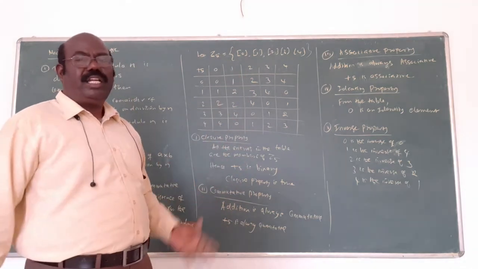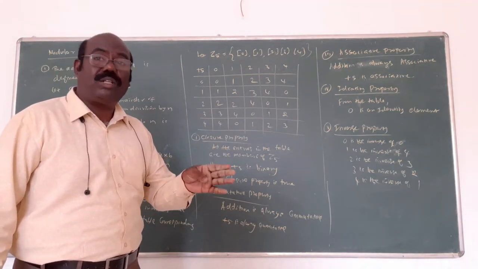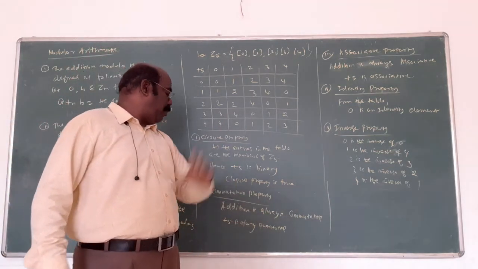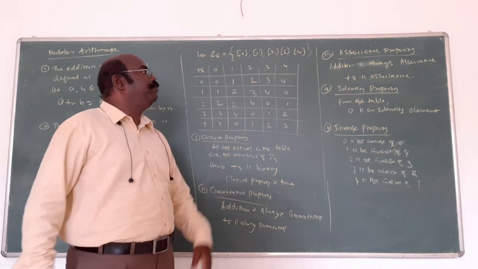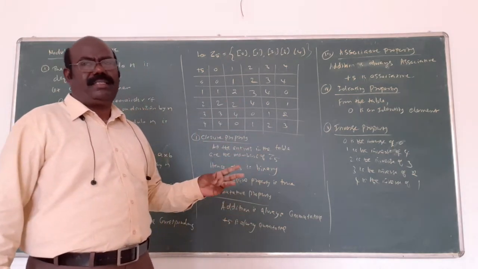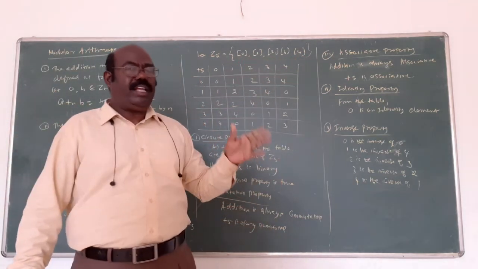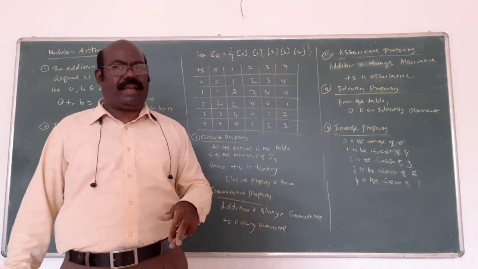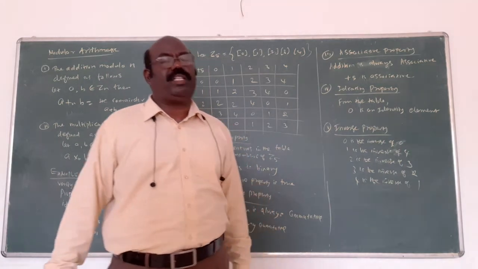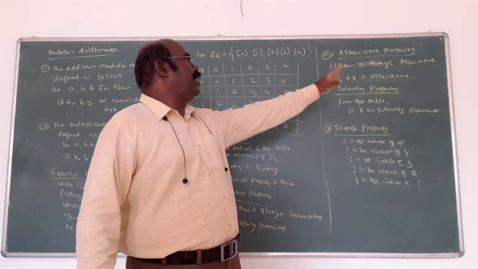Then commutativity. You can take any 2 elements. Adding the first element and second element, and also the second with the first, will always be equal. That's why addition is always commutative. The plus 5 is also commutative. And associativity is the same thing. Adding 3 elements, you will take 3 elements from the set 0, 1, 2, 3, 4. You add the first 2 elements, then the third, or otherwise add the second and third first, then the first. Both will be equal. That's why addition is always associative. That's why plus 5 is associative.